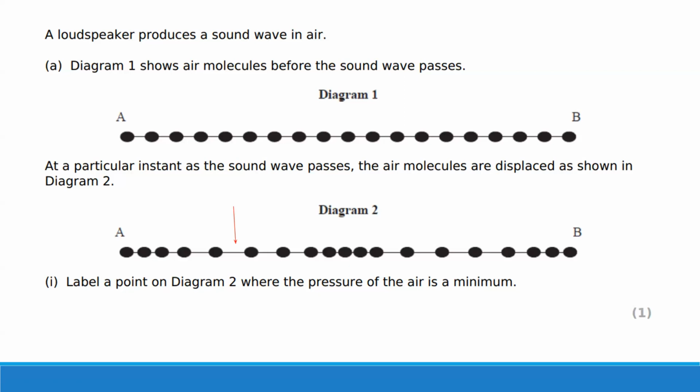So that's one place. It says label a point. It doesn't say label the point, meaning there is more than one point. So just exam score to keep. Yeah, I didn't read the question properly at first. Yeah, so either here or here as well. So don't actually point at this particle or this particle, because neither of these is an absolute minimum. Rather, the minimum is probably somewhere between these two, as you've drawn on the other side. Good, yeah. So it's asking for pressure, not displacement.